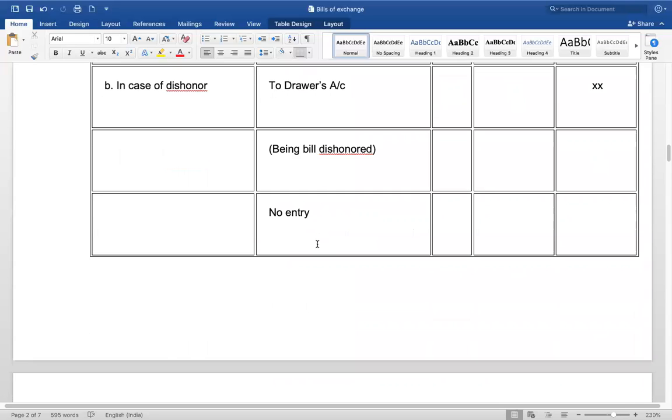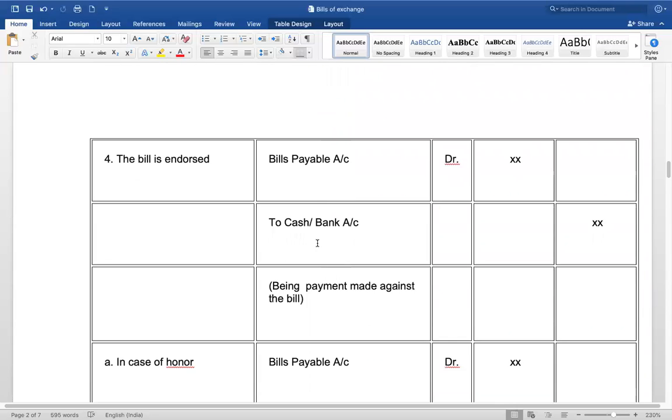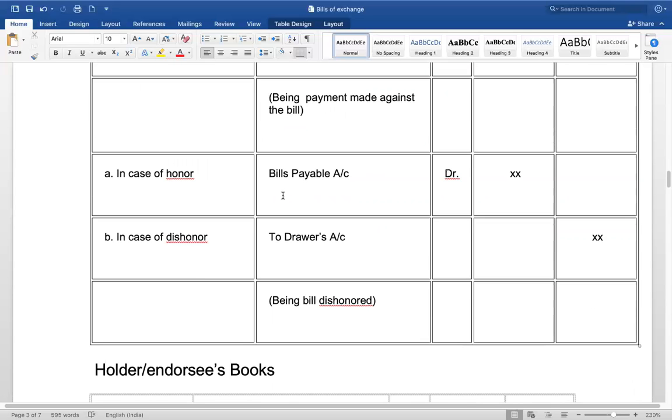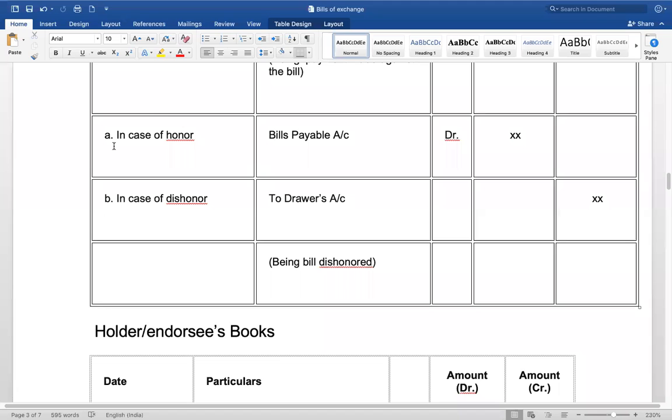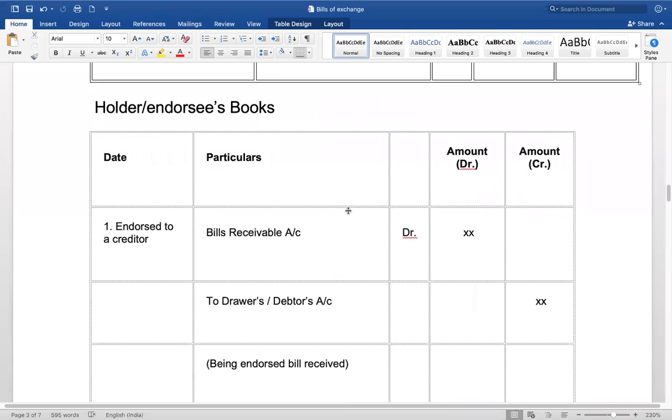In case of dishonor, there's no entry needed. Then, when the bill is endorsed, bill payable account debit to cash account. When it is honored, bill payable to drawer's account. Okay. Now the next type of transactions are, if it is in the case of holders,